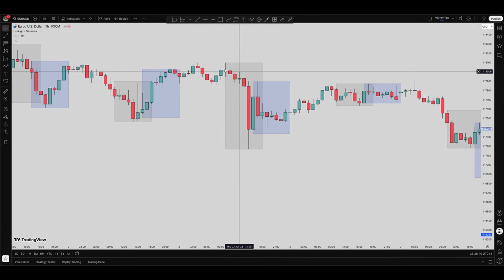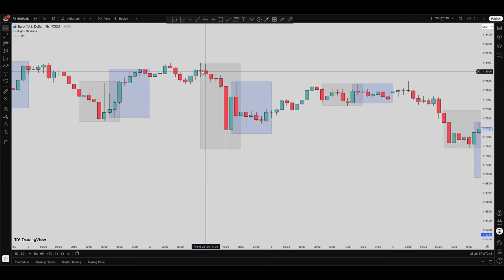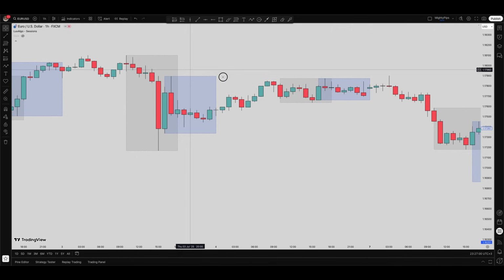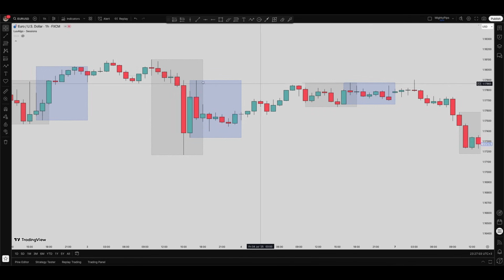Then you want to wait and see if the first 1 hour candle after the London session has opened is bearish. Then that confirms to you that the trend is going to be bearish for the day. The daily bias will be confirmed by that candle if it is bearish also. So when that candle is bearish, then now you can mark that candle with the 1 hour 1 candlestick strategy